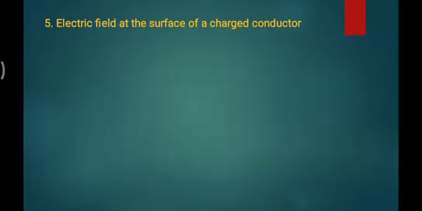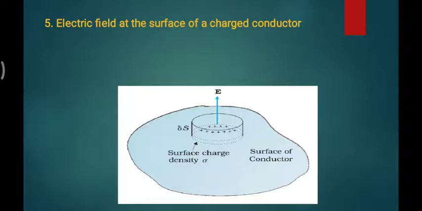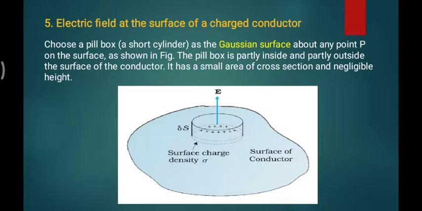So we are inducing a charge on it, and this is what we have on the surface. To find the electric field, we take a Gaussian surface which looks like a cylinder, but with a very infinitesimal height. You can see delta S is negligible, and the Gaussian surface has the charges on the surface, and this is the electric field component. So choose a pillbox, a box in the shape of a cylinder, which is the Gaussian surface for you.